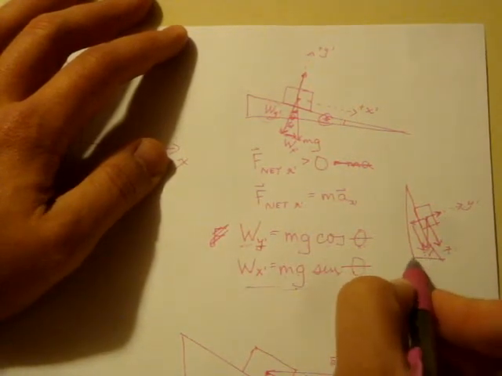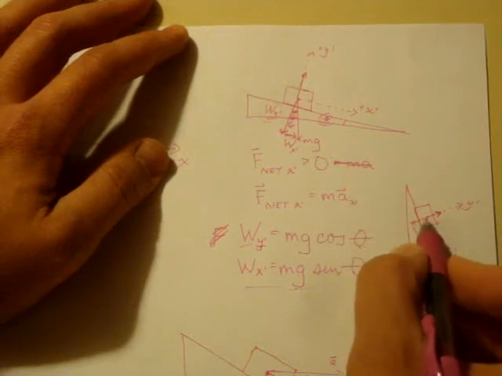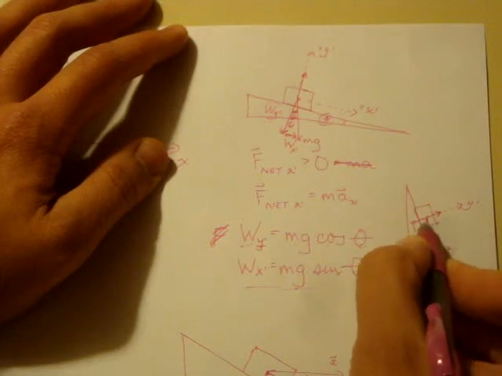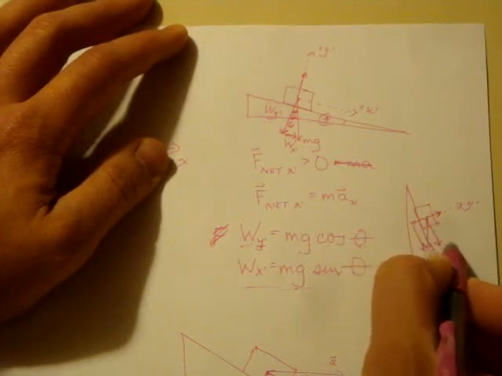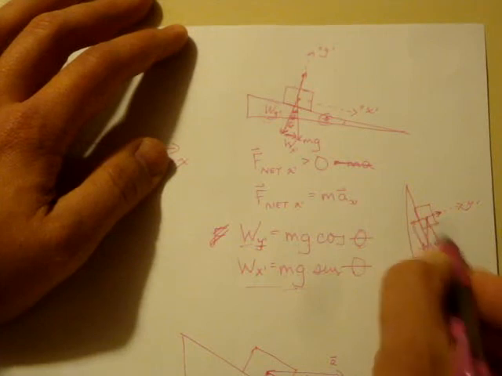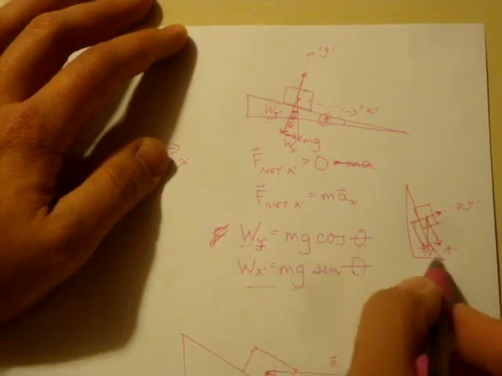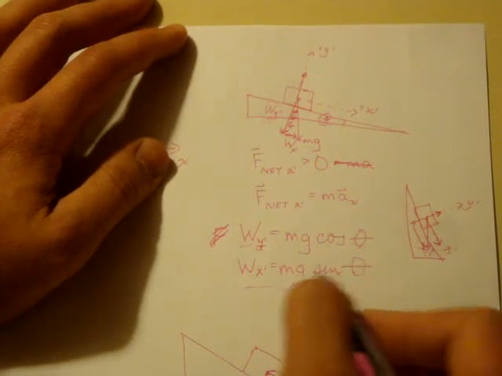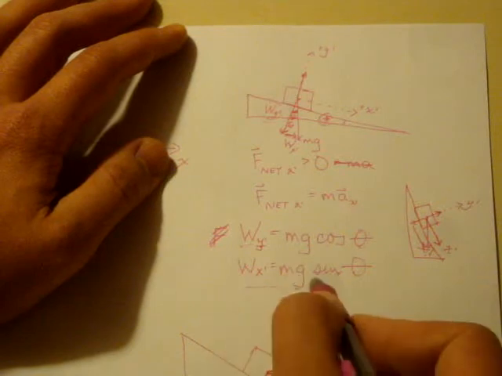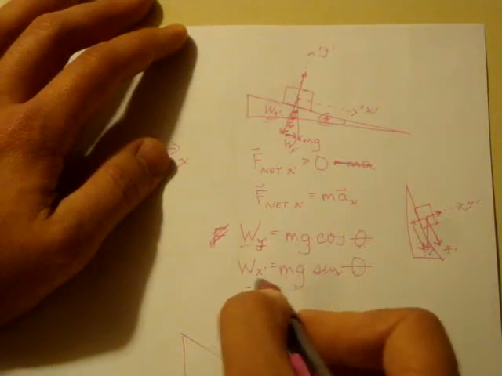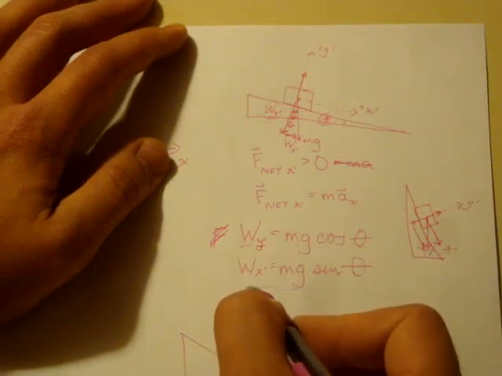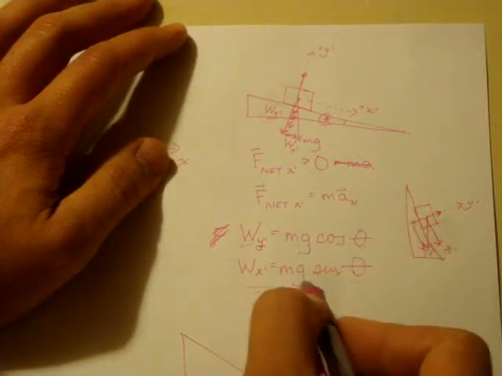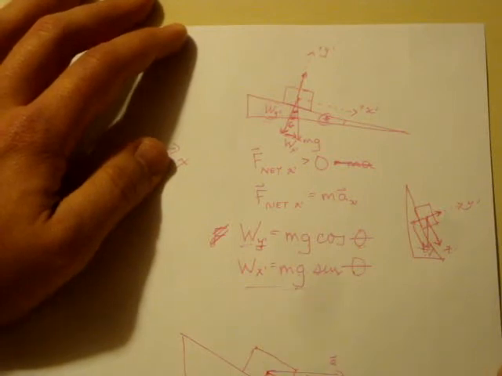Similarly, if our ramp were to get very, very steep, we could also see that the majority of the weight would be along the direction that is parallel to the ramp, and so we would see in that case the weight along x prime becoming very, very large. As theta approaches 90 degrees, or pi over 2, sine of that value would be close to 1, where most of the force along a direction which is parallel to the ramp would be equivalent to the weight that the object experiences due to the gravitational